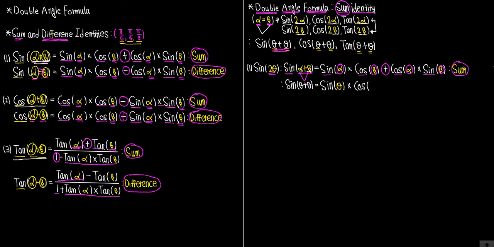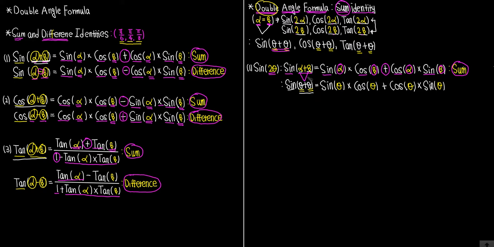Instead of beta, we also need to input the theta. Again, the reason is that alpha and beta have the same value as theta when we're thinking of a double angle formula. So cosine alpha becomes cosine theta, plus the cosine, instead of alpha, we need to input theta to show that alpha and beta have the same value, times the sine. Instead of beta, we need to input the theta. And if you think about this, this will be the sine of theta plus theta, which is the double angle